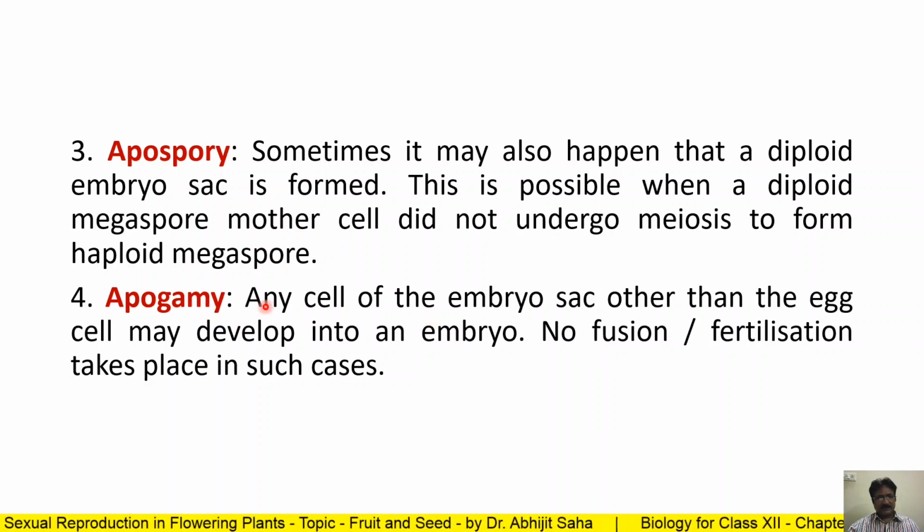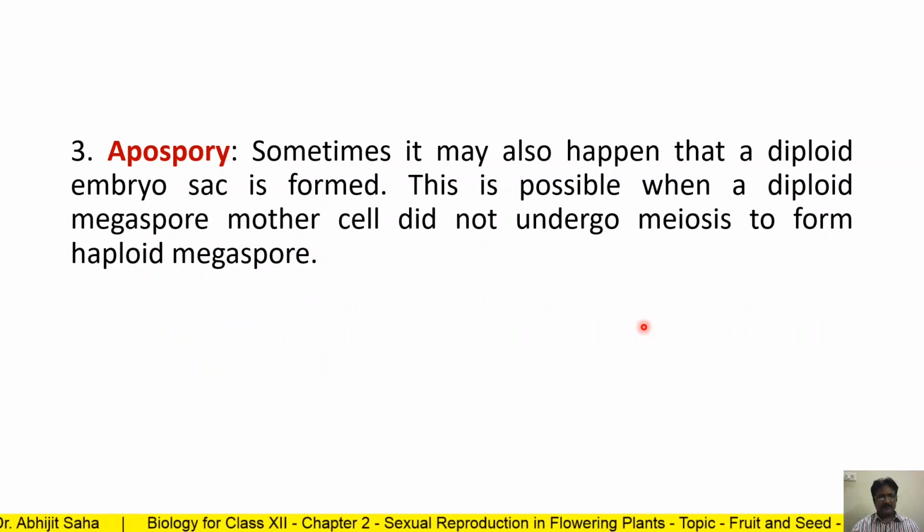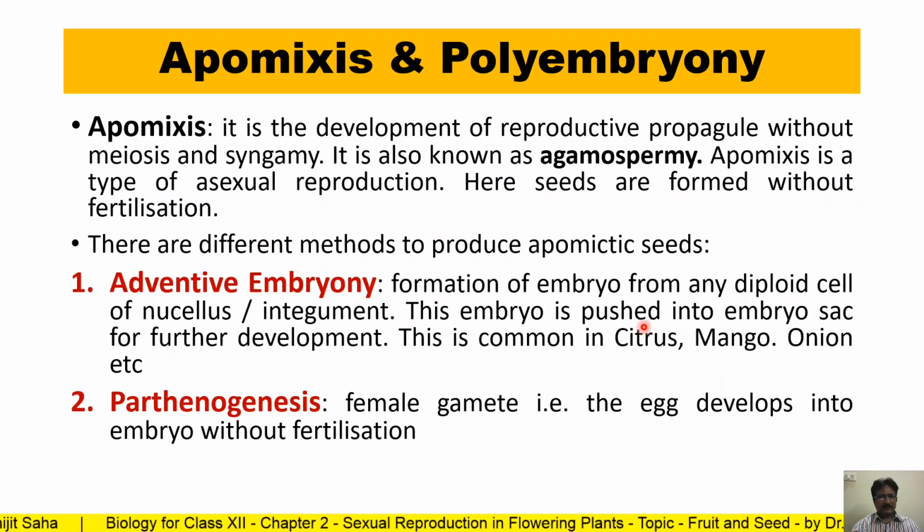But here what happens? Other than the egg, which is the female gamete, any other cell, there are so many different types of cells inside the embryo sac, if it develops into an embryo, then it will be called apogamy. Here there is no fusion or fertilization. So these are the different types of apomictic seed production